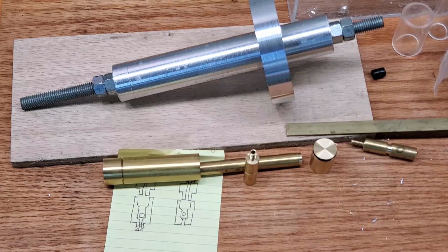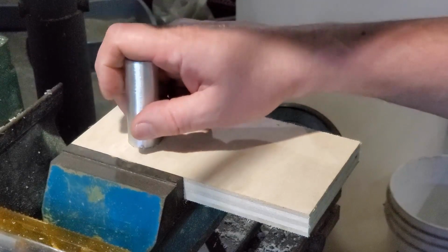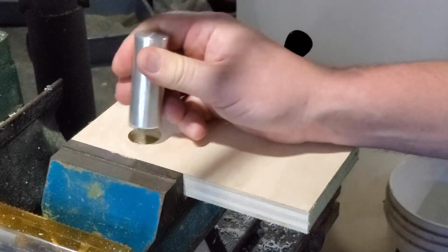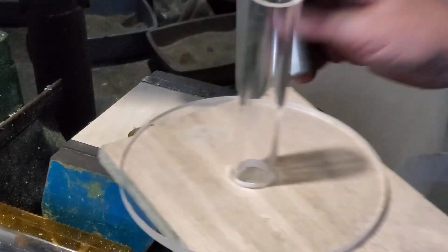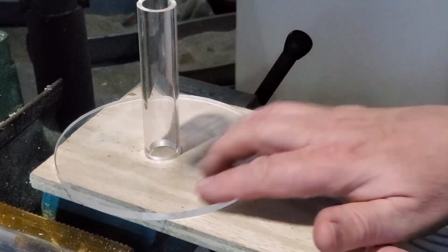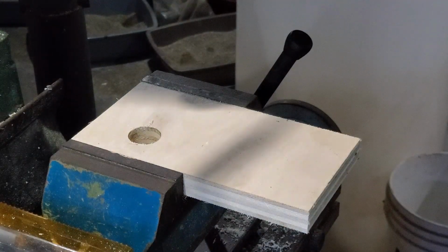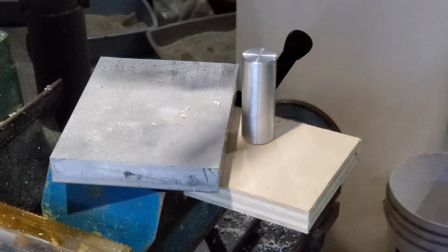Now the reason I want to do this is if the piston goes in and out straight, and like I said, the connections are where I want to put them, I can actually have a longer stroke. If I do the shorter version I wanted before, that piece of flat bar can't have too high a position on the flywheel because it'll go up and down, and then it would have the possibility of interfering with the cylinder. And if I made the brass bar long enough that it didn't do that, it would just be too big a build. So this prevents that, and